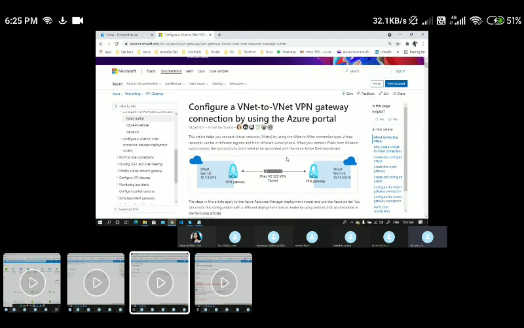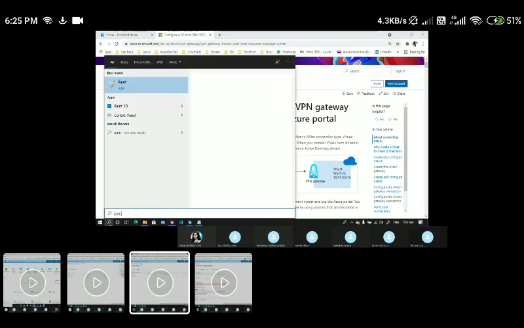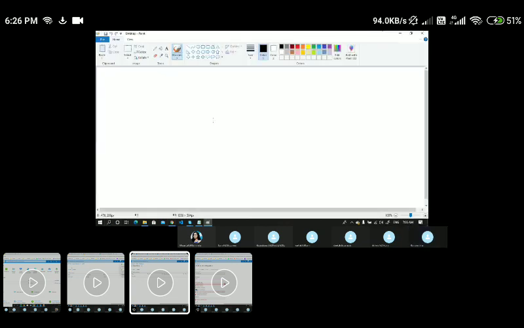To walk you through the high level steps, let me draw a diagram so that it will be easy for you. Same thing like yesterday, I'll take two VNets.